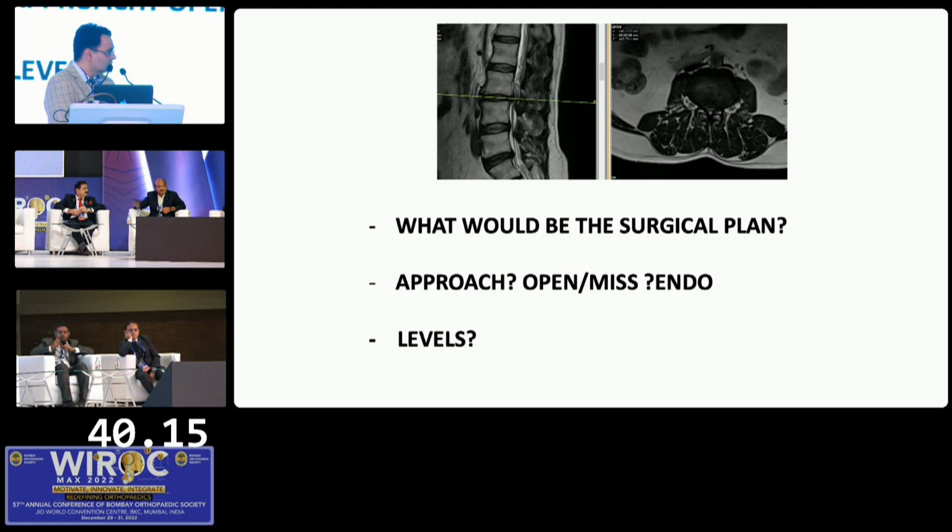I think what you ask is important, because in a canal stenosis, we want all the offending structures to be visualized, so we do it in extended position. Regarding the surgical plan, the point is he has back pain, so you need to rule out instability by doing a flexion extension X-ray as well. And if there is significant mechanical back pain, then you go for a fusion.